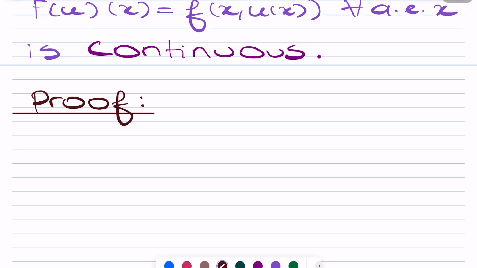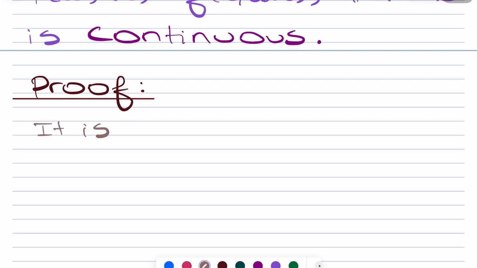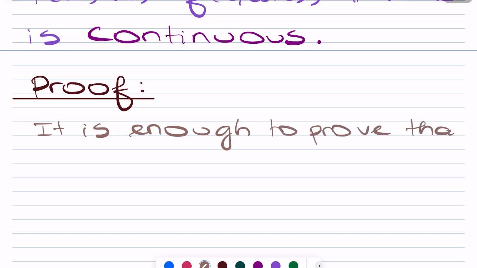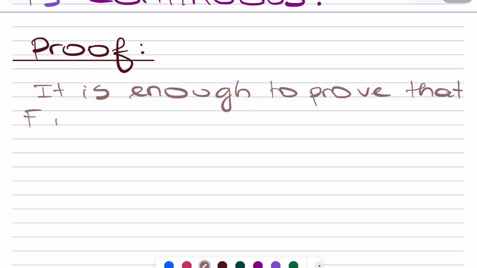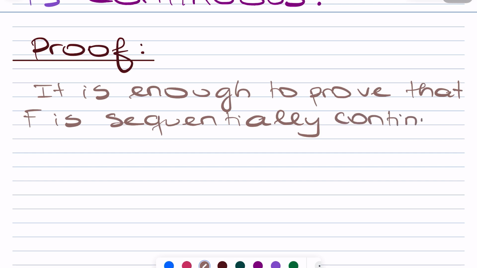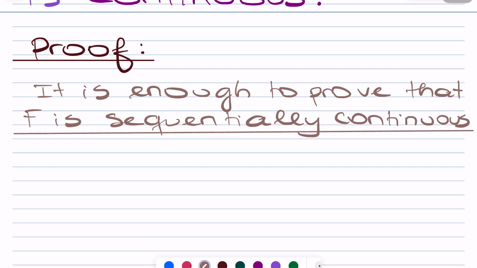So, because we are in a metric space, it's enough to prove that capital F, our corresponding superposition operator, is sequentially continuous. So we just need to check for sequential continuity. Okay, so for that,